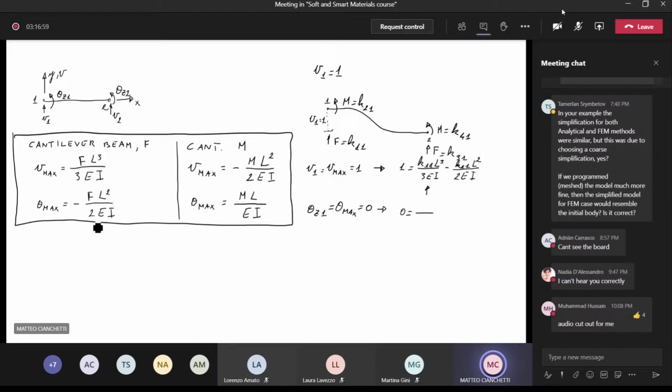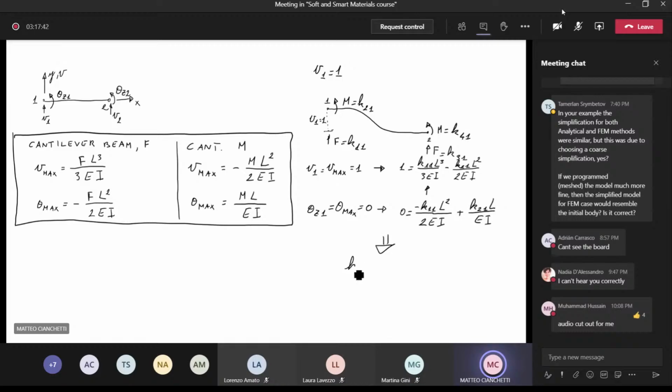So again, from the Euler-Bernoulli theory, we have minus K11 L^2 on 2EI plus K21 L on EI. So solving these two equations, I mean, having a system with these two equations, we can derive the definition of